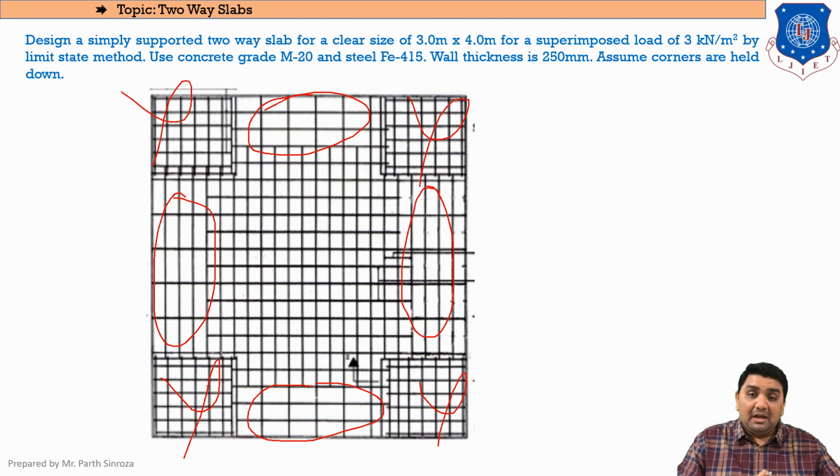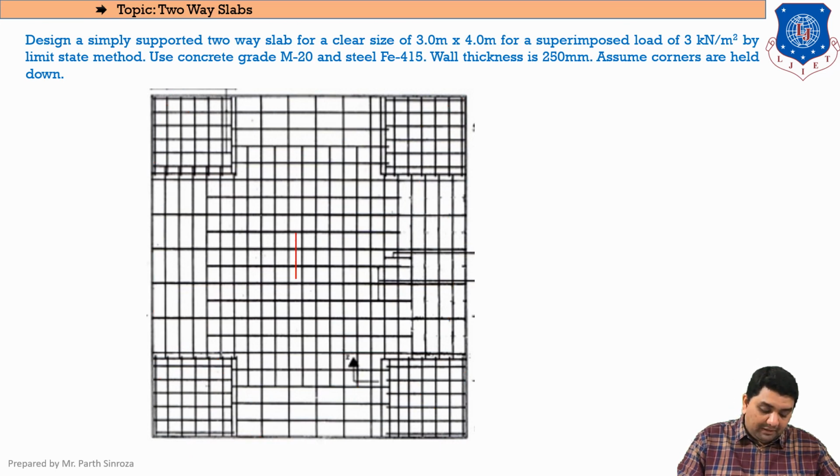So for remembering the steps, this figure is very important to identify what is to be designed. The first thing that is to be designed is the main reinforcement, that is the middle strip. So middle strip along x and middle strip along y. The second thing that is to be designed is the edge reinforcement. Okay? And the third thing that is to be designed is the torsion reinforcement. Torsion reinforcement and edge reinforcement will come into the picture only when the slabs are of restrained nature, or as mentioned, when corners are held down. Clear?